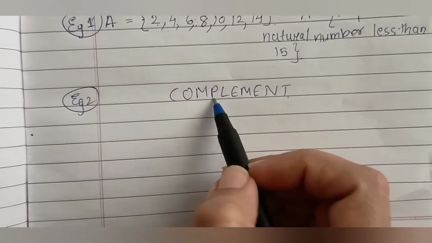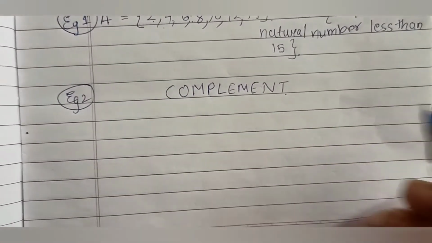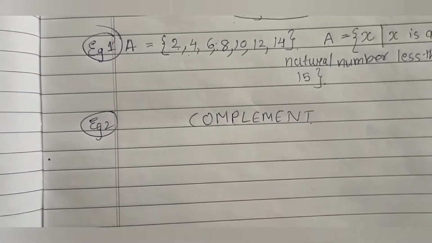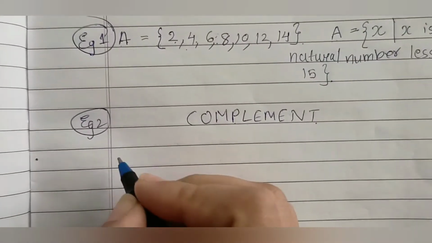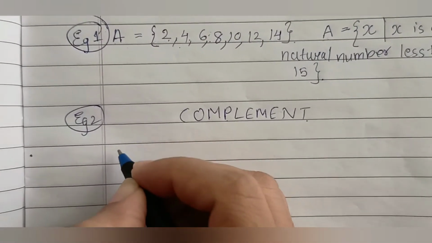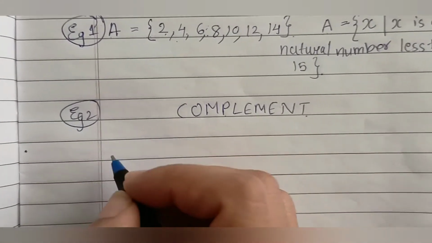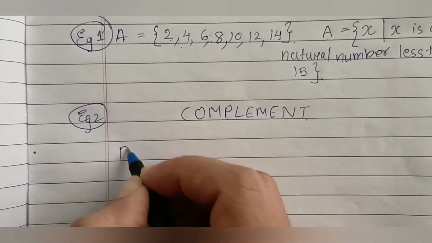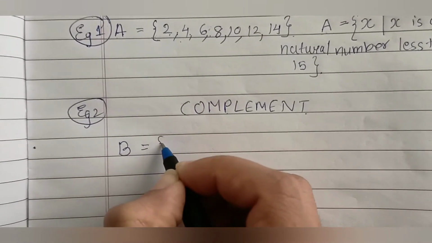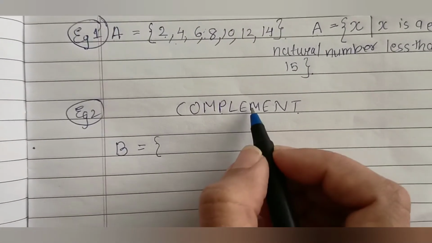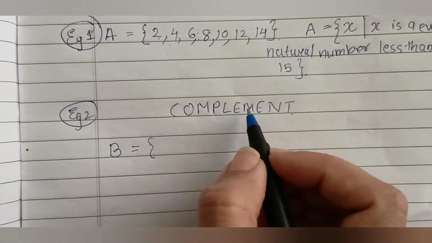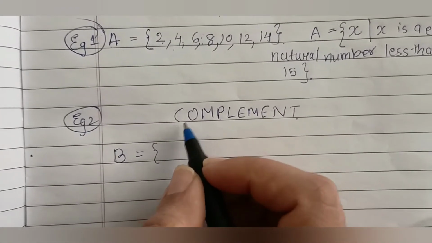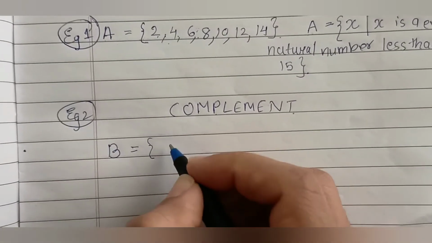So let us see another example. Okay, we'll take another example now. This is the word complement. Now we'll represent this both in the form of a listing method as well as in the roster method. So let us see. First, we'll write down the listing method. Again, the rule over here will be same, capital letter to represent the name of the set. So we'll name this as set B equals to, then we'll use curly bracket. Now we'll write down the alphabets which are present in this word complement. Okay, all the letters. So here C,